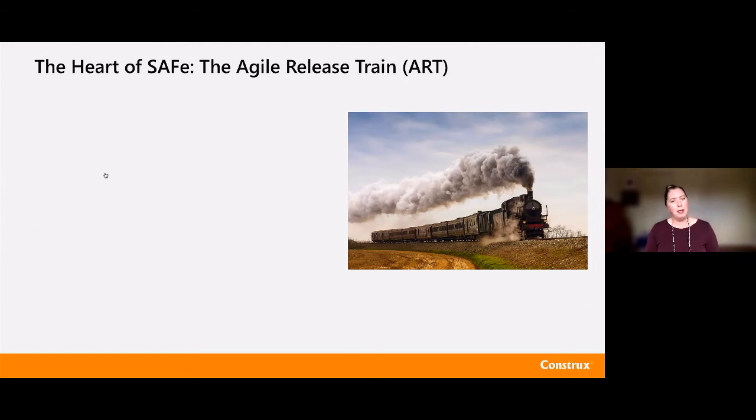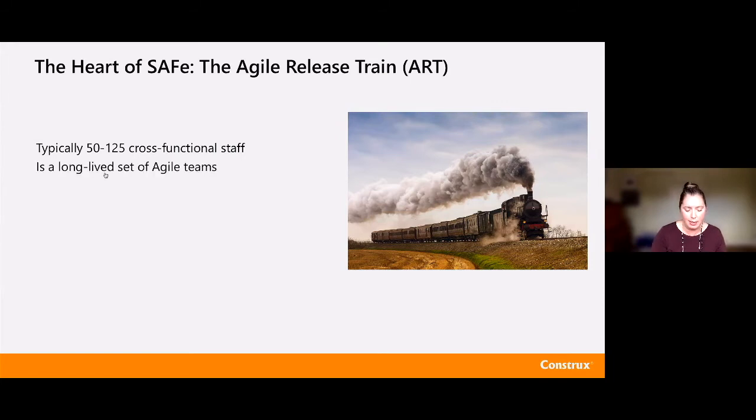At the heart of SAFe is something called the Agile Release Train. This is typically a long-lived, cross-functional group of people who can deliver value. It's usually about 50 to 125 people working on a train together. The trains are stood up, so if you're implementing SAFe or rolling it out for the first time, you've been a very project-oriented organization, you're going to be looking across that organization and finding value streams. What are the groups of people from the different parts of the organization that need to come together to deliver something that's meaningful to our clients, our users, or our stakeholders?